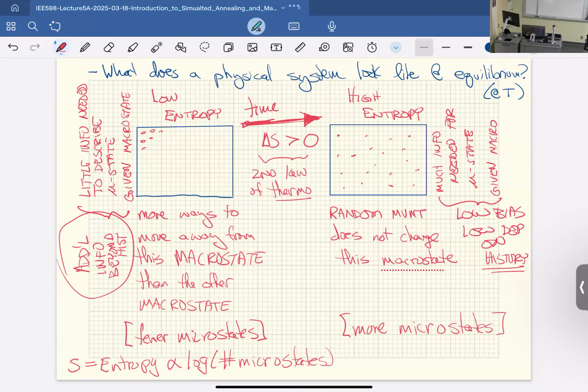Because basically, if somebody tells you, I don't know anything about a particular distribution except that it has a minimum and a maximum, there are a gazillion different ways you can build a probabilistic distribution that has a minimum and a maximum. But the question is, which one should you build? Just like there are a bunch of different distributions for how gas can exist in this room, we want the one with the least amount of bias. We want the one that reflects only the constraints and not additional info.